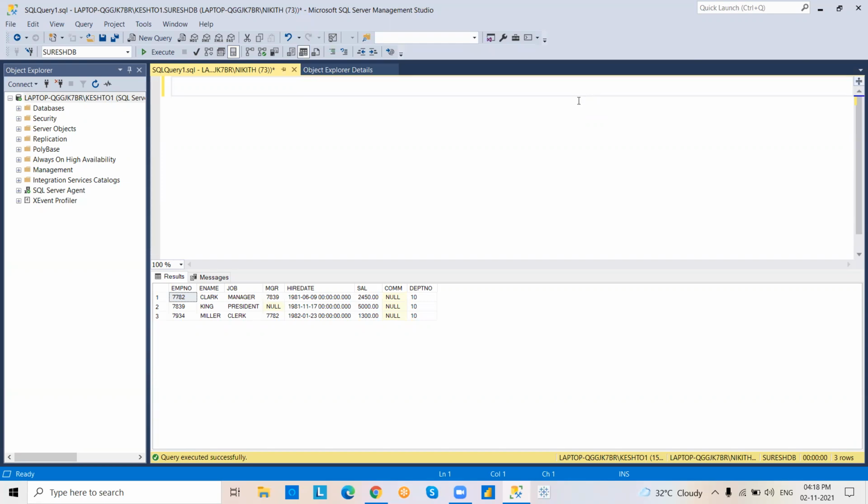Okay. So that's why I'm not showing not operator directly. Let's go to the next step. That is SQL operators. Select star from employee table where salary between 2000 and 4000. So that means some range verification.